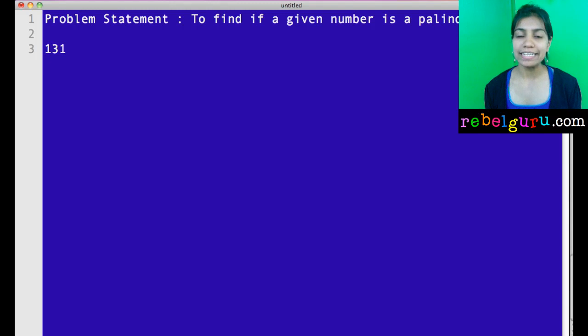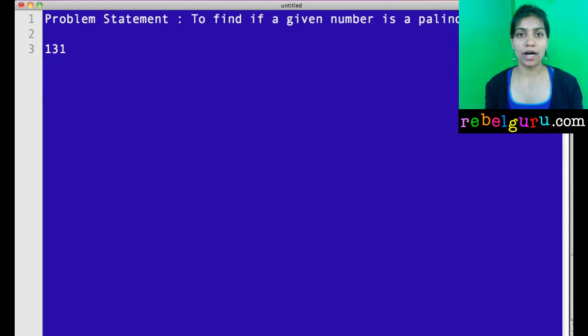Now, one way to do it is to convert the number to a string and then do string manipulation to find out if the number and its reverse are the same and whether it's a palindrome or not. However, we will not use that approach. We will use the mathematical approach to find out if the number and its reverse are the same, to say whether it's a palindrome or not. The reason being the mathematical process is a little more involved and it will help us build logic.